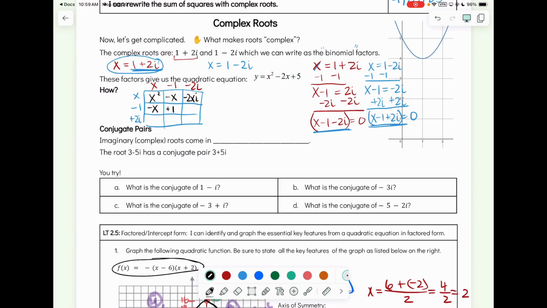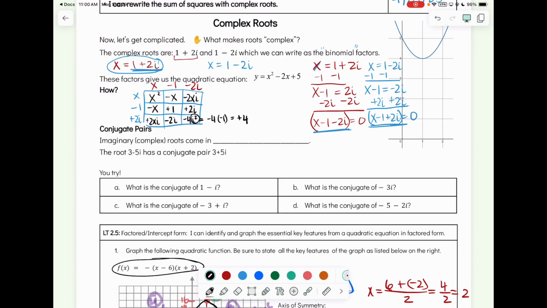Negative 1 times negative 1 is positive 1. Negative 1 times negative 2i is going to be positive 2i. Positive 2i times x is positive 2xi. Negative 1 times 2i is negative 2i. And then the last one should be negative 4i squared. Now, hold up. I squared, what is that equal to? Negative 1. So I'm going to say negative 4 times negative 1 is